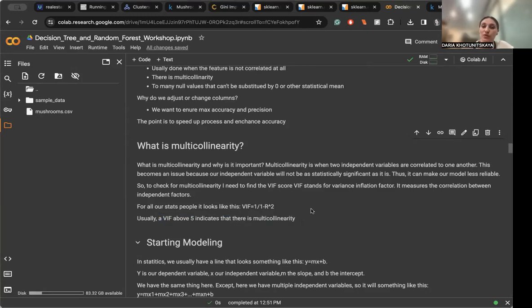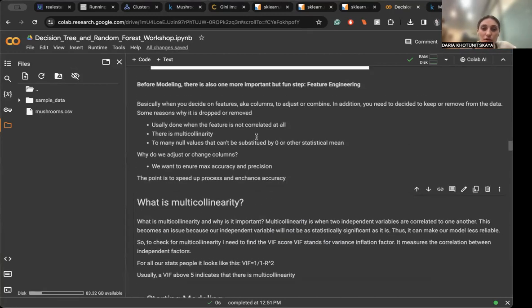to remove those two features if they're completely not important, just correlated with one another, or we want to adjust it or combine it. We can combine them together to maybe become an important variable in determining if one of our mushrooms is poisonous or edible. Another reason why we can drop or remove is null values that can't be substituted